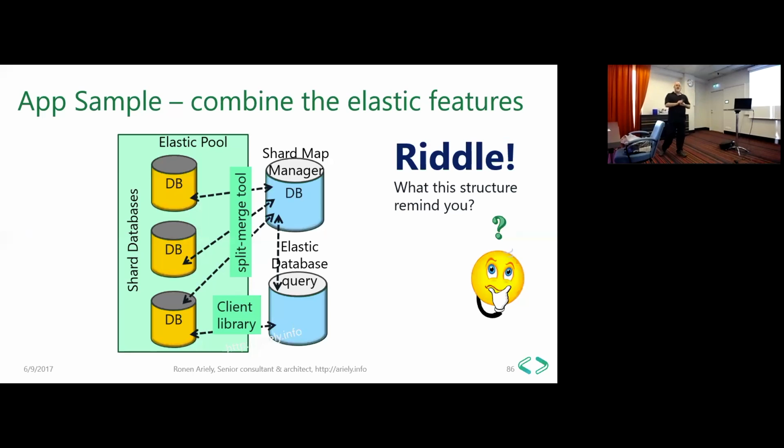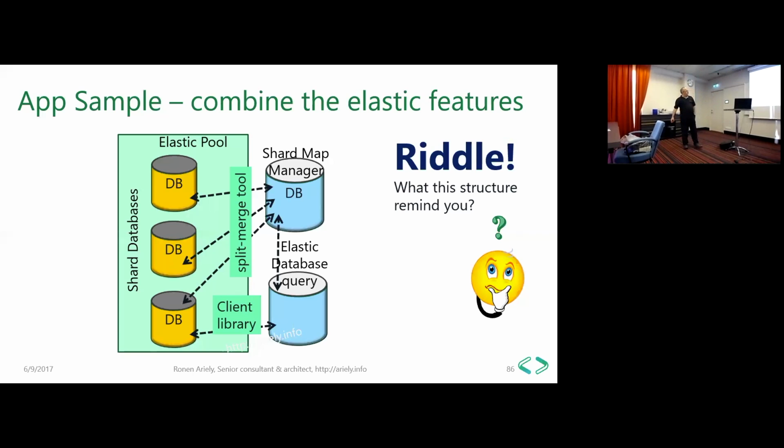Now remember, each one of those elements in the Elastic tools can be used separately. You can design any system that you want. For example, we can use only Elastic Pool, without any job if we don't need. We can use job without Elastic Pool. I told you that the target can be Elastic Pool or a list of databases which are not related to Elastic Pool. Each one of the tools can be used separately or combined with others. So for the sake of this demo, I decided to give you a sample of a full system. Let's see which tools I used.